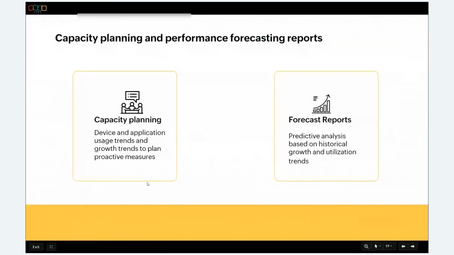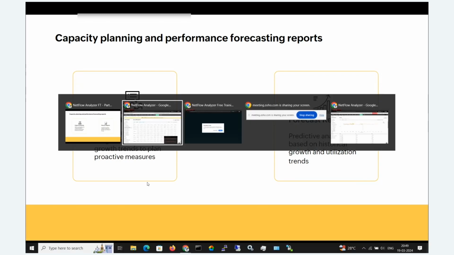The other type of report to plan your bandwidth requirements is the forecast report. A forecast report from NetFlow Analyzer employs techniques such as autocorrelation, seasonality trend decomposition, and regression. The forecast reports would be generated based on the availability of past data, helping you to get a better picture of what can be expected in the future. So to configure a forecast report,